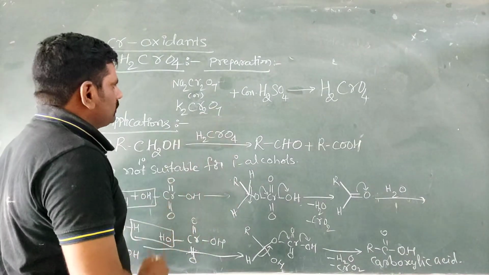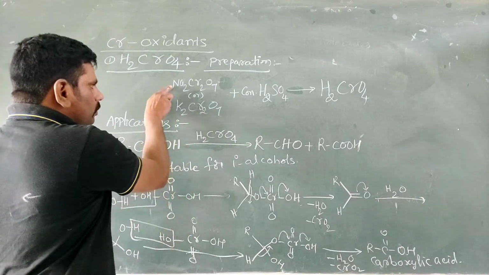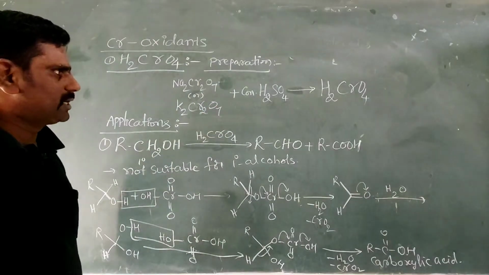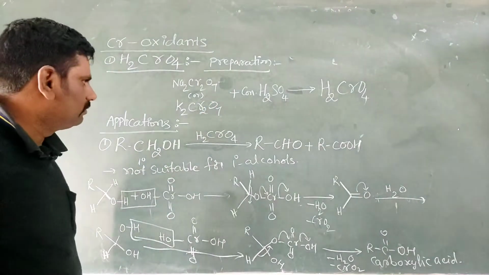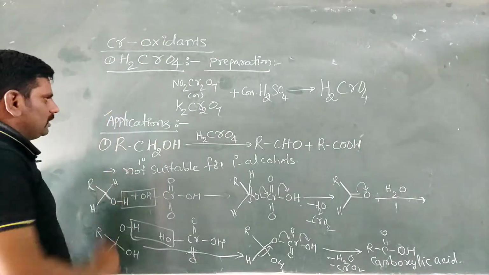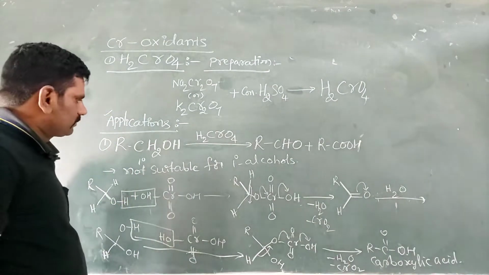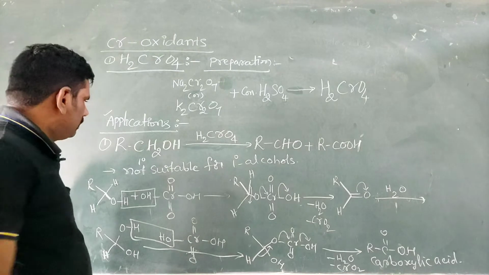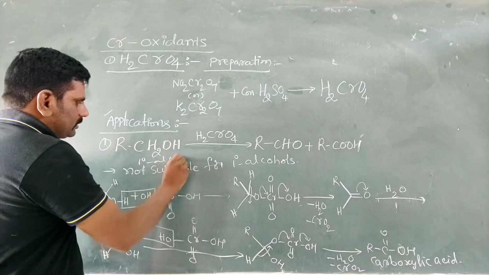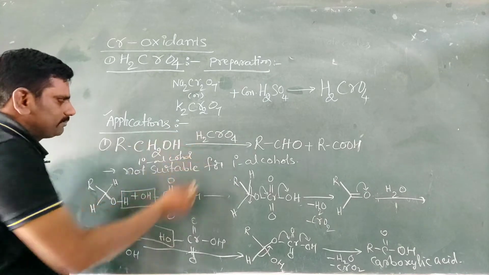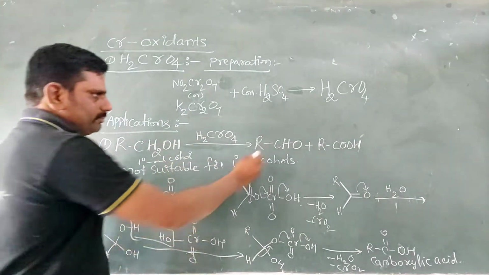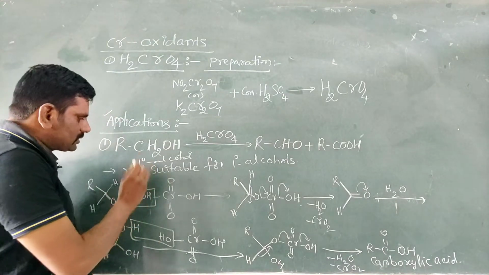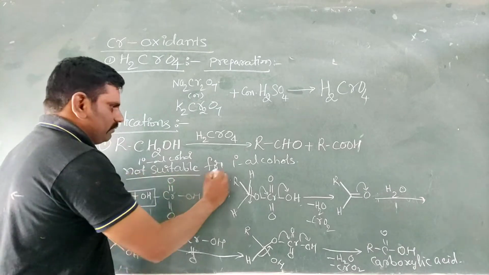Chromic acid can be prepared by the reaction of sodium dichromate or potassium dichromate with concentrated sulfuric acid. What are the applications of chromic acid? Chromic acid oxidizes alcohols into carbonyl compounds. It oxidizes primary alcohol into carbonyl compound, but